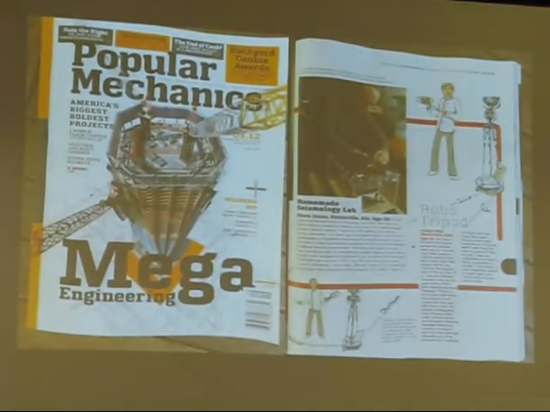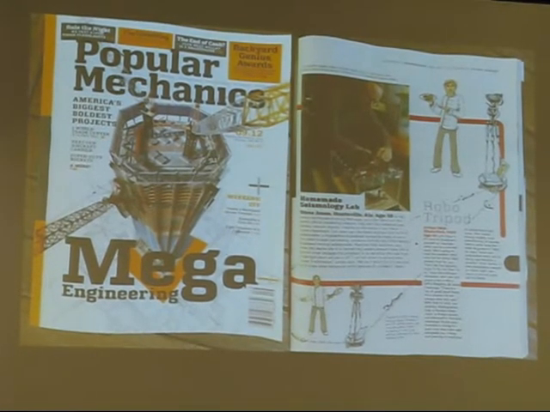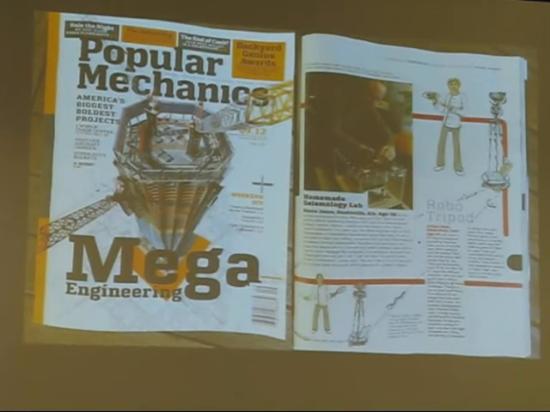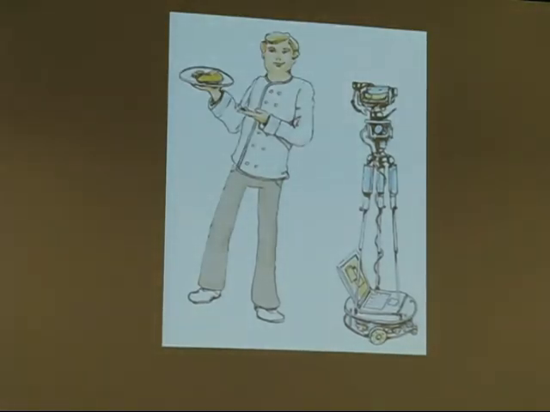So I got written up in Servo and Robot Magazine and Engadget, which is where the traffic is. But the best part was this month's Popular Mechanics magazine. There's this blurb on the right, and what I love about this is the illustration. That's me in a chef's outfit, apparently, holding an omelet, I guess.